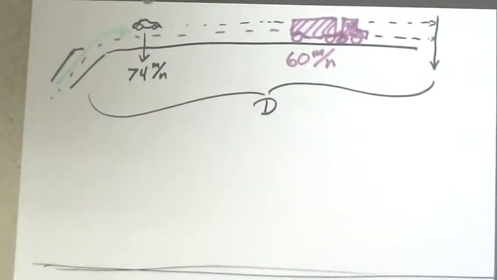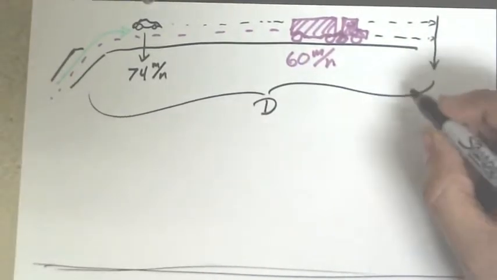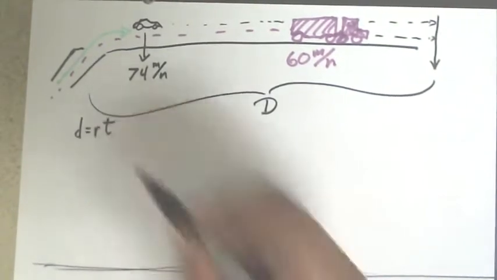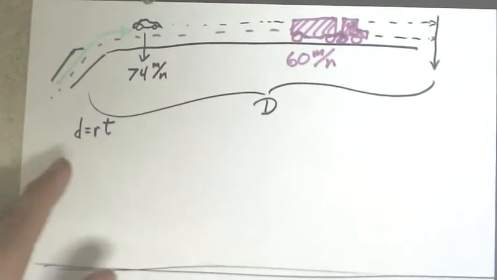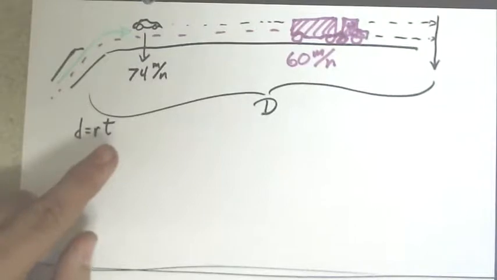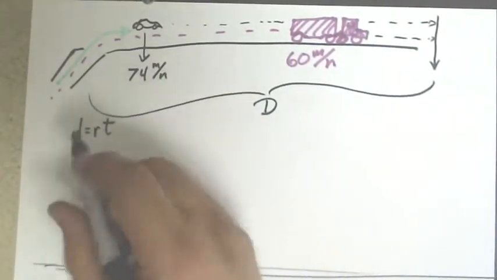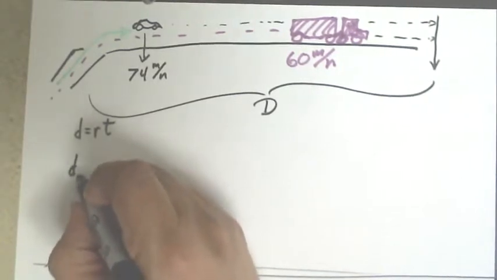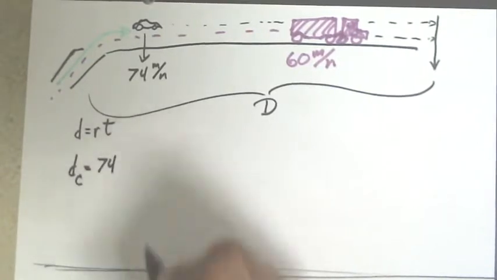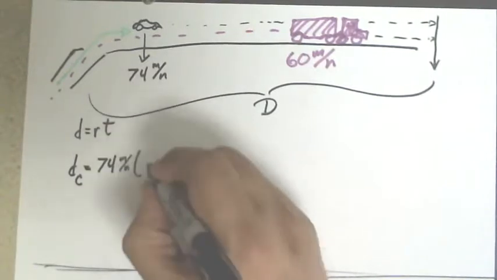So we need to know our relationship between time, distance, and rate. You might remember good old distance equals rate times time. I like to refer to it as the DIRT formula. Distance, rate, and time. Distance traveled is equal to your rate of speed times the time it takes traveling. So, for example, for the car, the distance that the car travels is equal to its rate, 74 miles per hour,